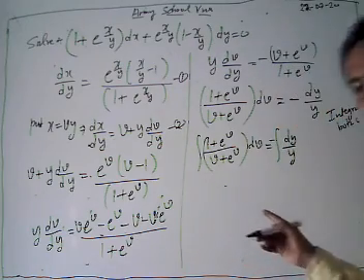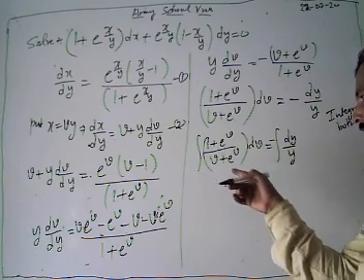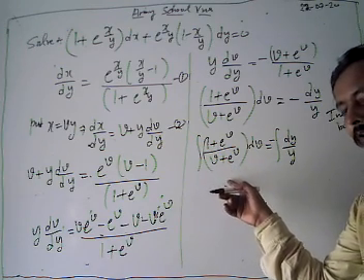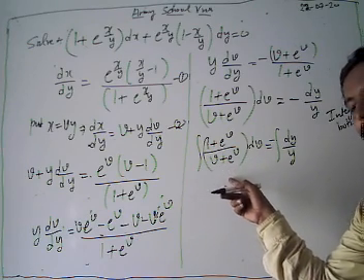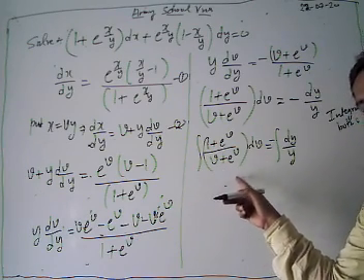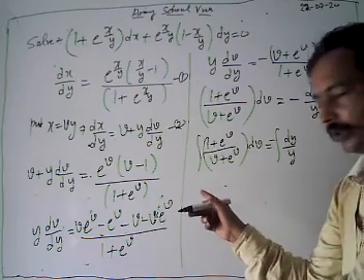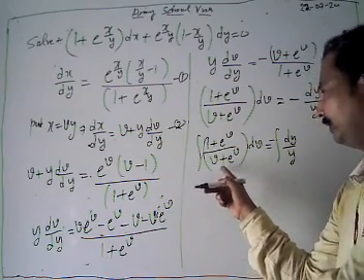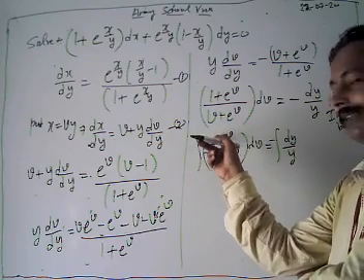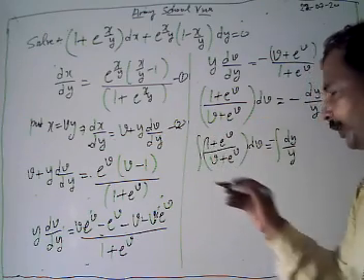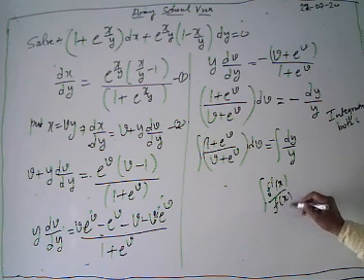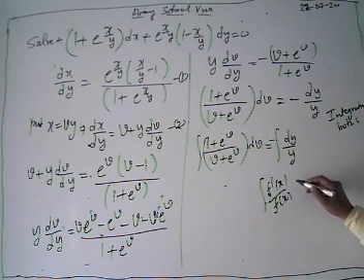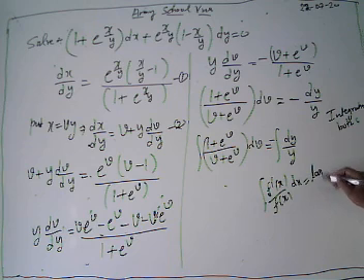Look, now we are going to integrate it. Look, v plus e to power v. When we take our v plus e to power v, then what do we get? 1 plus e to power v dv. Now you can also see here, it's of the form of this is our f(x) and this is our f'(x). I have already told you, if we have a form of f'(x) upon f(x) dx, then what is our integration? It's log f(x).